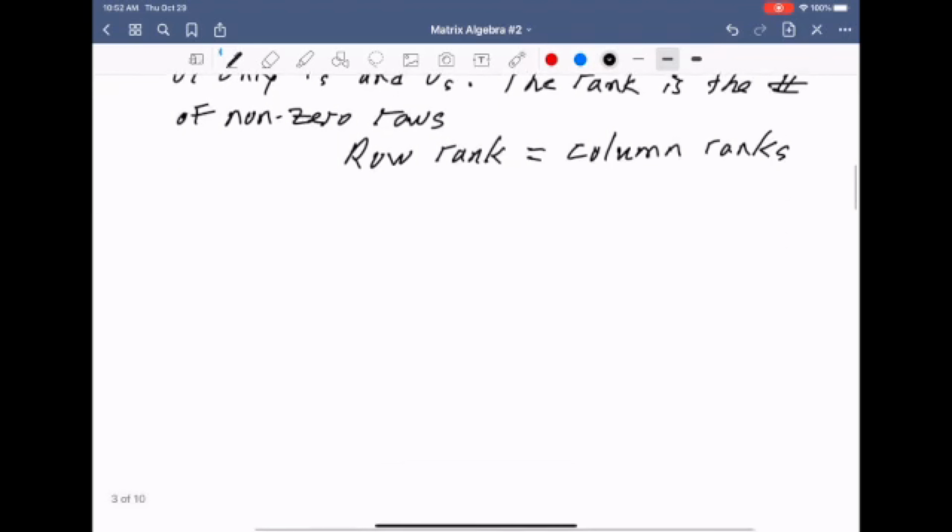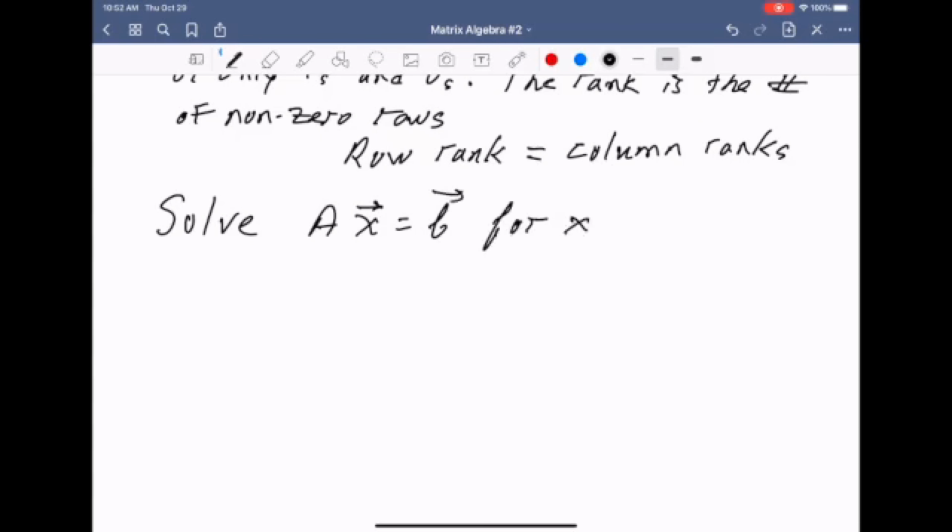All right, so let's look back at this equation. We want to solve AX equals B for X. X is a vector, A is a matrix. And we found that using that solution method of elementary row operations that we just went through. And we have some criteria here. There's no solution